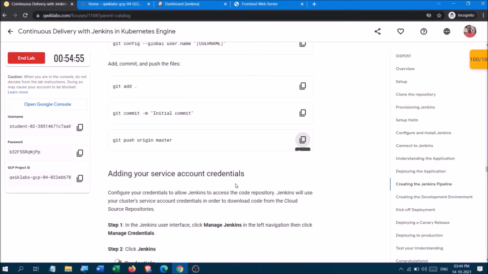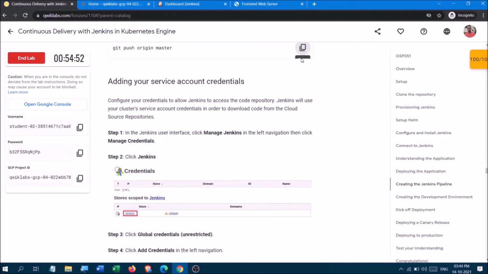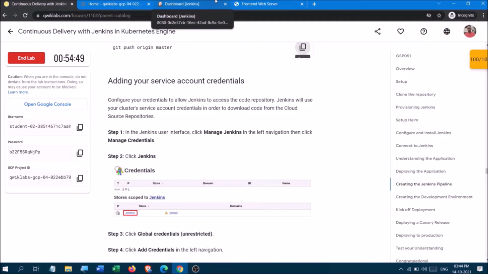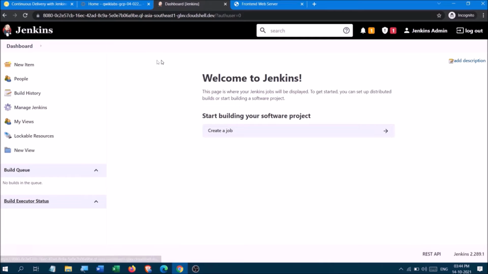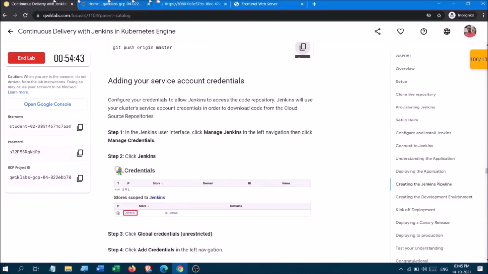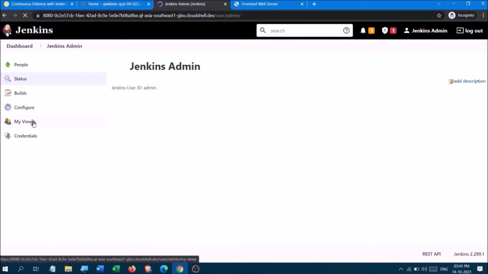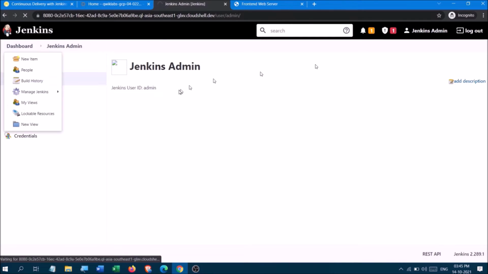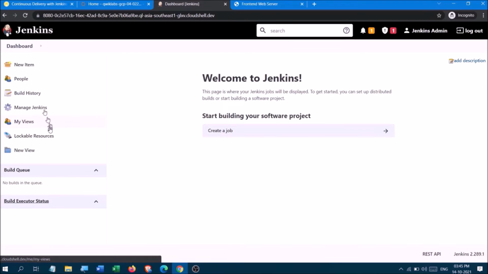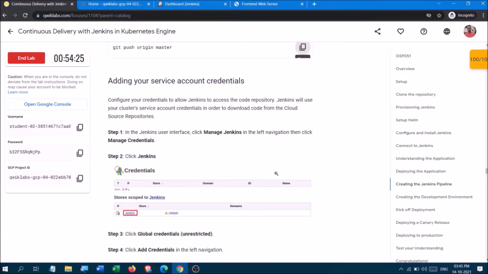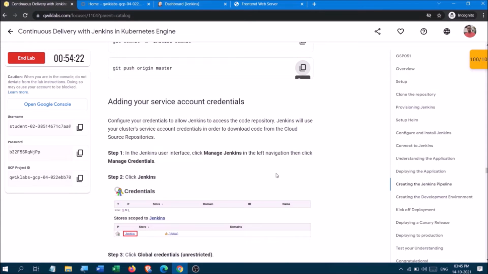Okay, so it has got pushed. Now what we have to do is go into the dashboard and click on manage jail key.